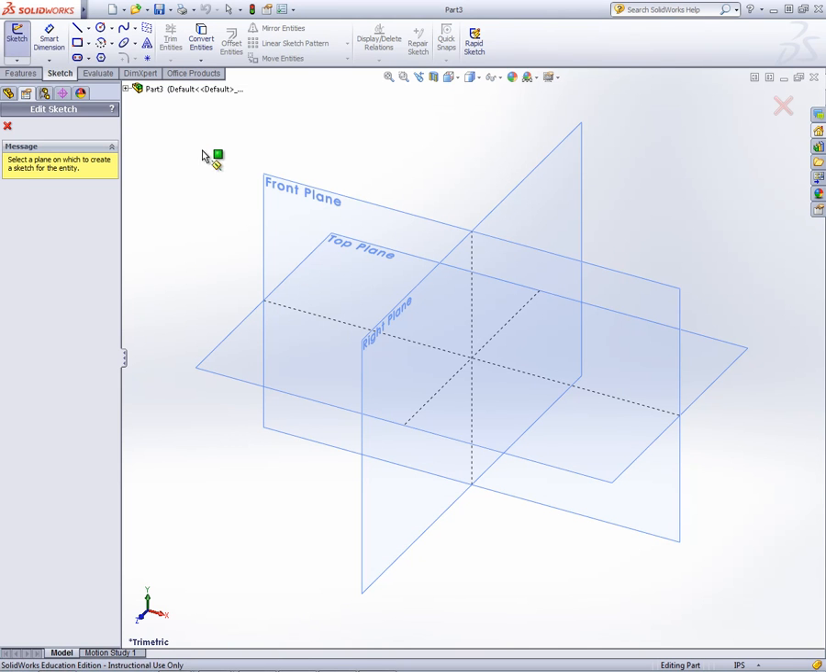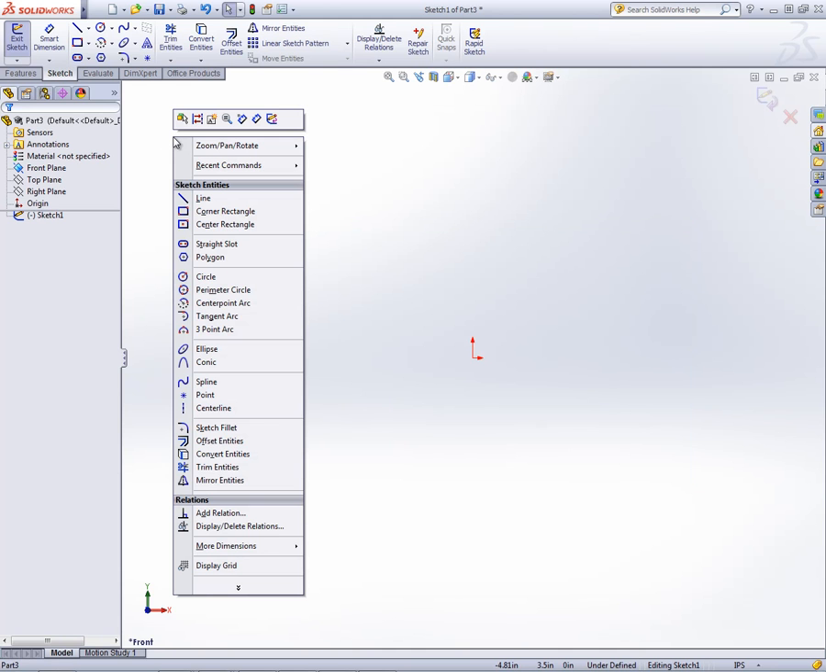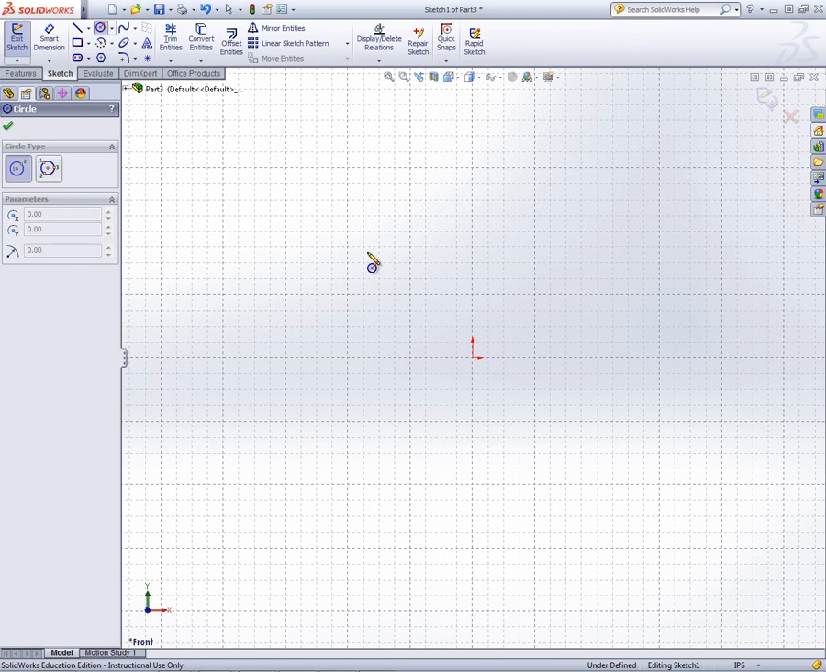We'll move the cursor to the front plane. When it becomes highlighted, we left click one time. We'll right click. Pop-up menu will appear. We'll left click on Display Grid. Then we'll move our cursor up to the circle command. We'll left click once. Move our cursor to the origin and left click one time, and we'll drag a circle